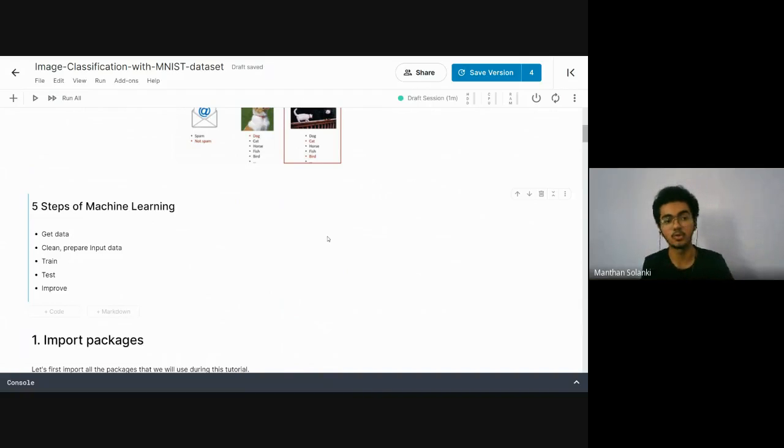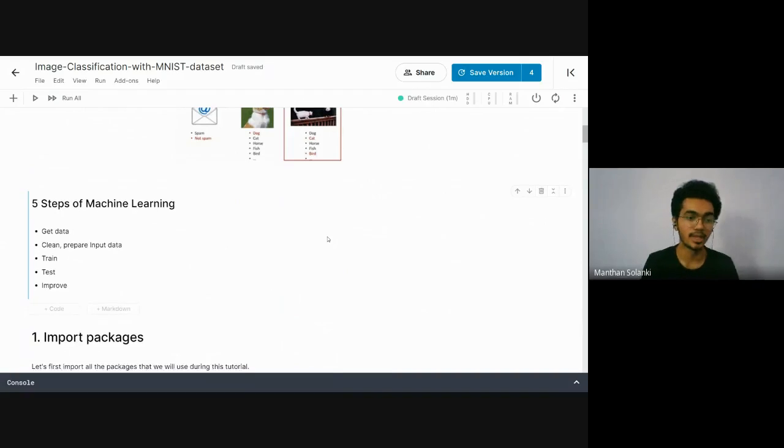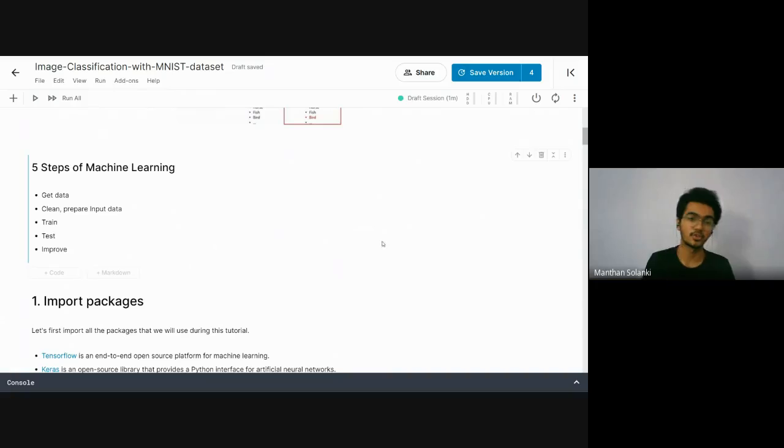This is called the preparation step. Then the training step. What is the training step? As we saw in the presentation deck, we move over and over through iterations, reducing the loss. This is called training. Then we test our model on our test data, and then we can change our parameters, hyperparameters, in order to improve our model.